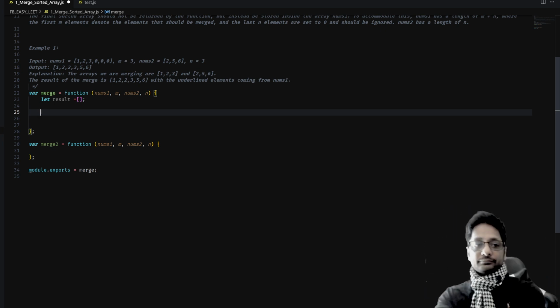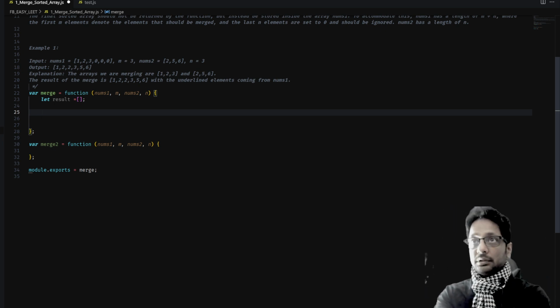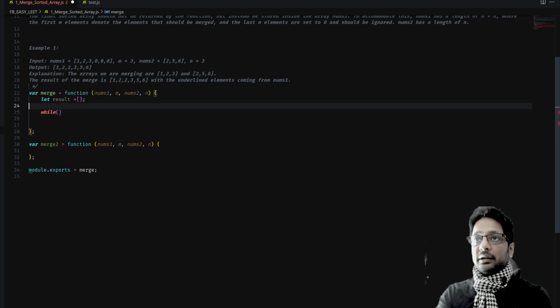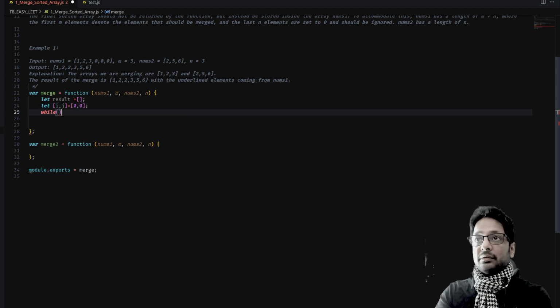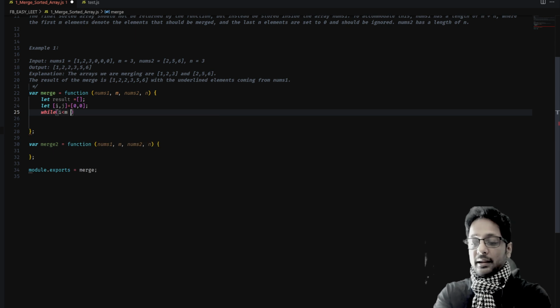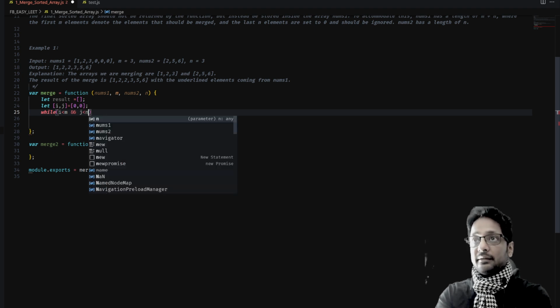We initiate i and j to 0, and while i is less than m and j is less than n,